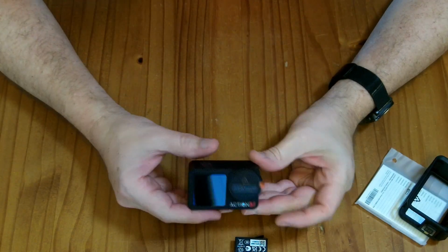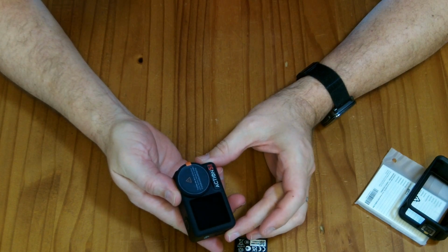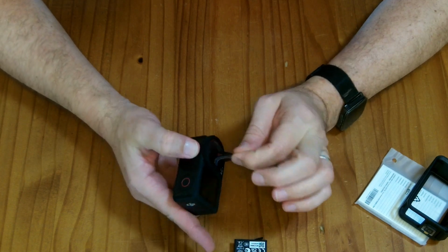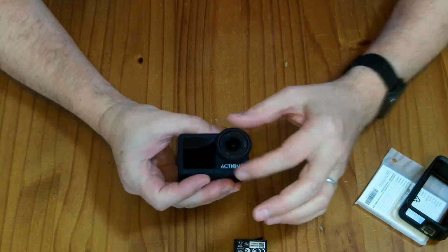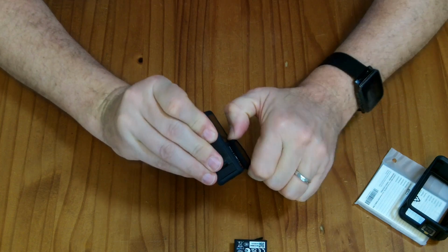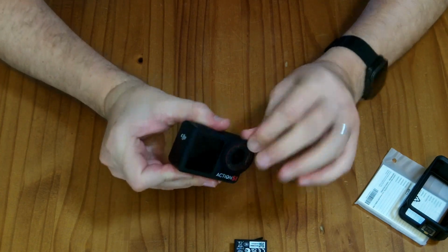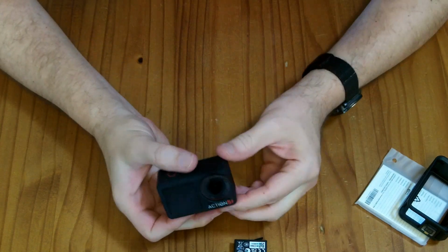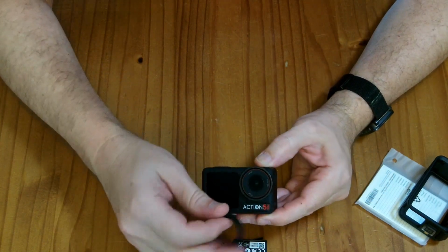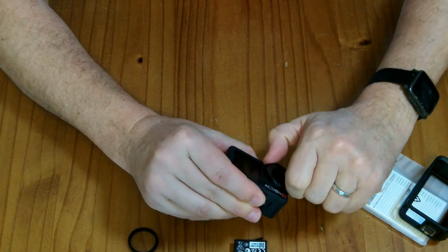So here's the camera itself. There's a warning sticker that says, "Tighten the lens protective cover before taking in water." Pull the sticker off, and there is the lens protective cover, and this guy, I believe, can unscrew. They do say tighten it. No. So this guy's a little rubber that goes around the outside, and then this is the